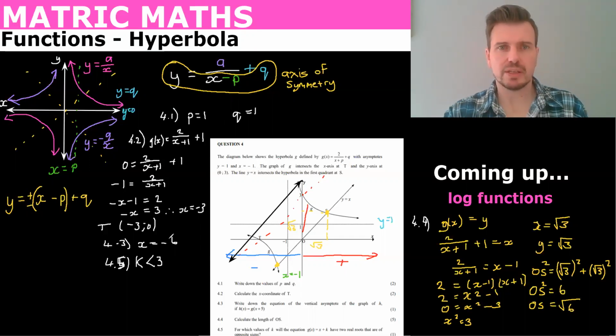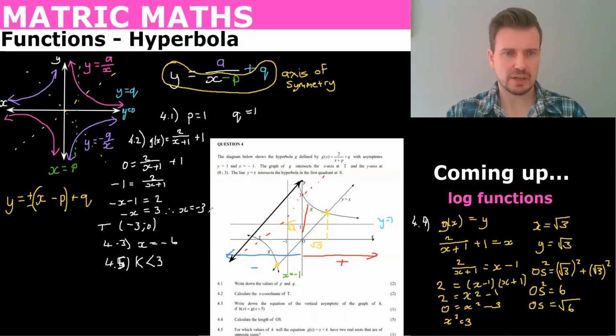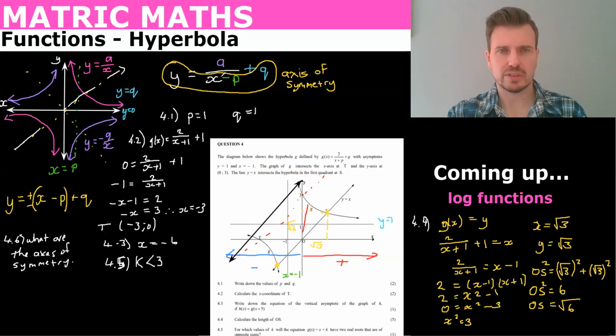Okay, now what I want to do quickly is just do the axis of symmetry. So they could say, let's make our own question, 4.6, what are the axes of symmetry? So sometimes they just want 1. And so they'll say, what is the axis of symmetry with a positive gradient? So that would be this one. If we're dealing with here, the negative gradient would be this one here. So let's just get both. What are the axes of symmetry? It's not a common question, but a lot of people don't get taught this axis of symmetry